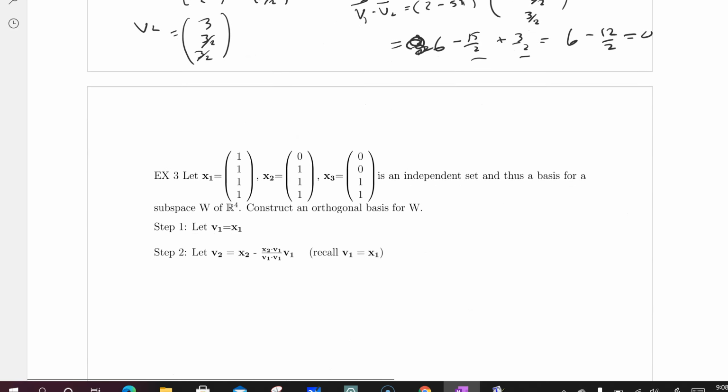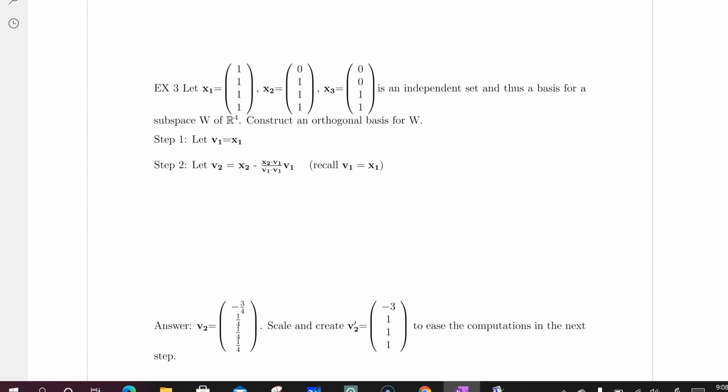Okay. So now we get into the part where we're doing 3 vectors. I want to find the orthogonal basis from 3 vectors, 1, 2, 3. I've given you the answers down here, so I wanted to make sure we got them all right, but let's make sure we understand the process. Again, let V1 be the first one. So there it is. To find V2